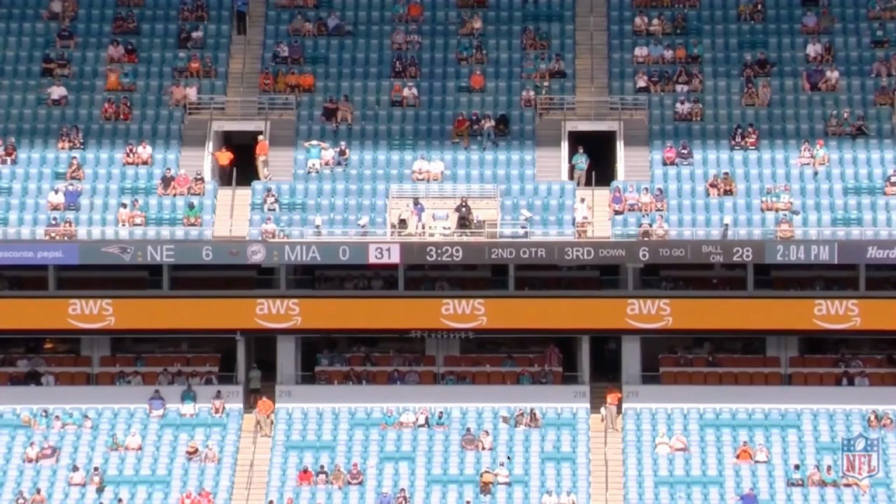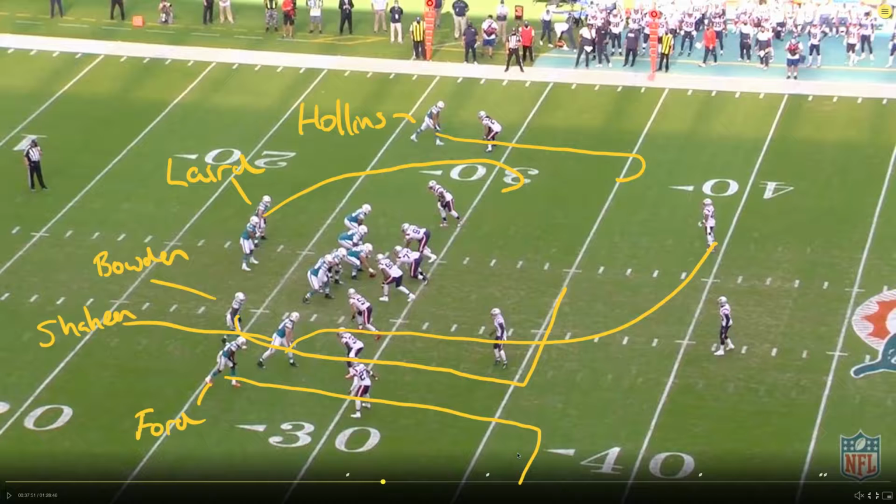So here we are with the Dolphins in the second quarter. It's 3rd and 6. The previous play was an incomplete pass from Tua to Ahmed. So let's look at what we're doing now. So again, we find ourselves in 3rd down, and with Tua's recent admission that he didn't like to change plays